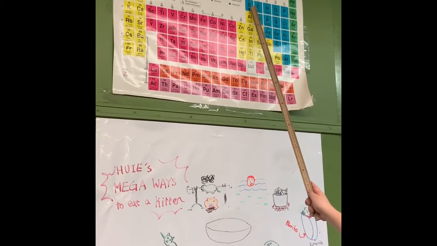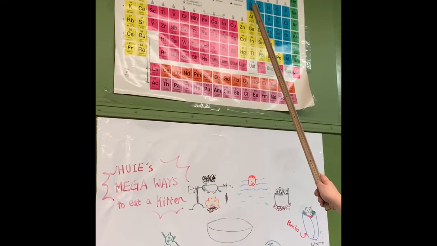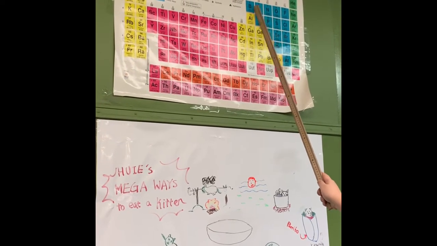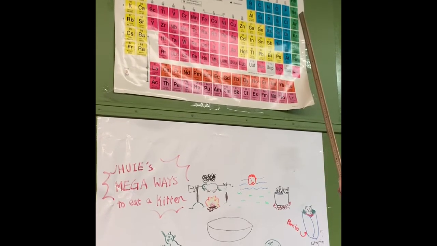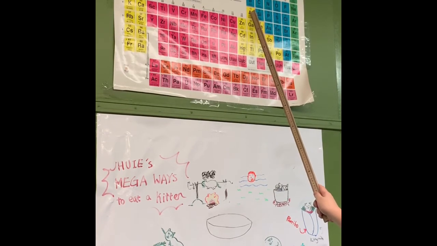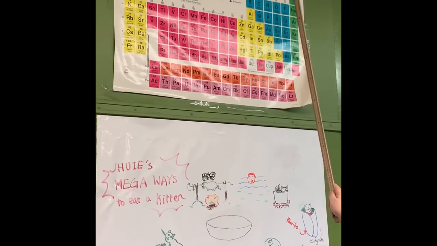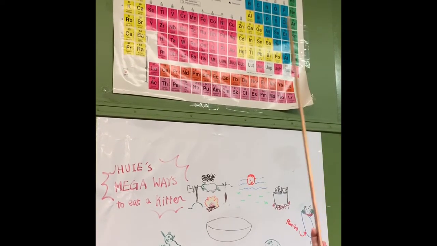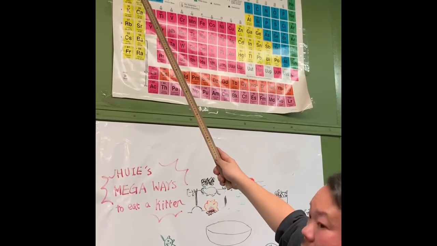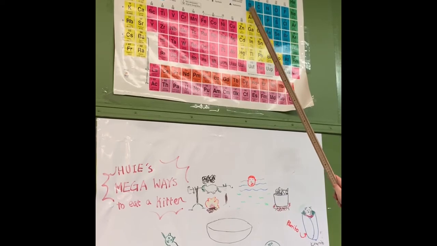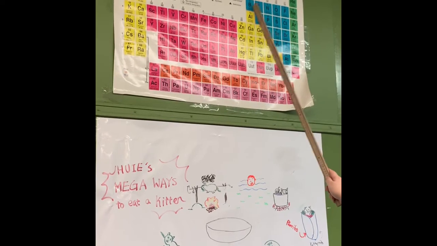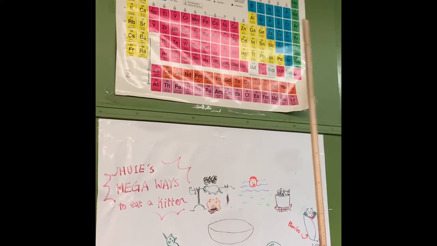What's this one? What's it end in? 2p1. 2p1, 2p2, 2p3, 2p4, 2p5, 2p6. Interesting. What do you think this one is? 3p1. S's start at what energy level? 1. P starts at what energy level? 2. P doesn't show up till 2, right? So that's the first P. That must be 2p1. Agreed?